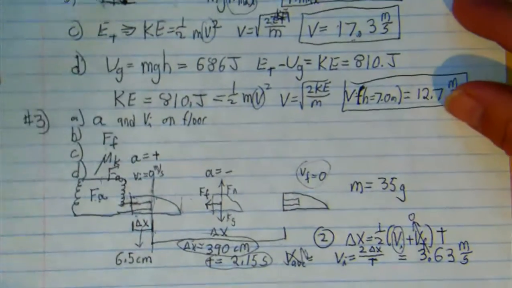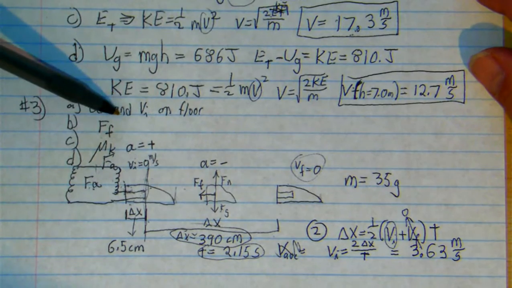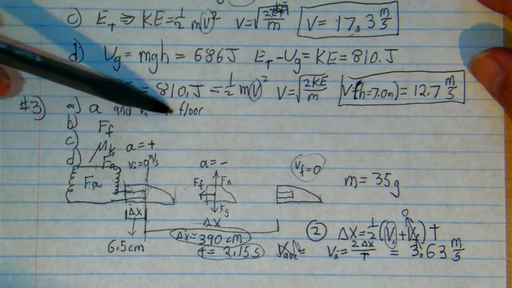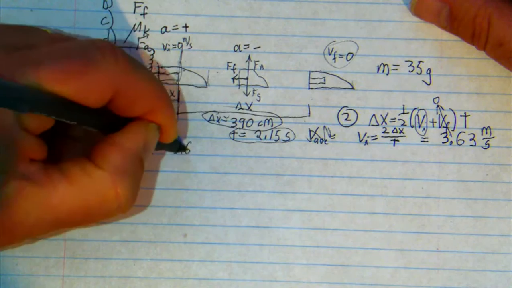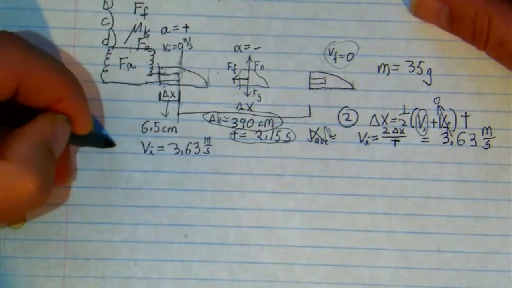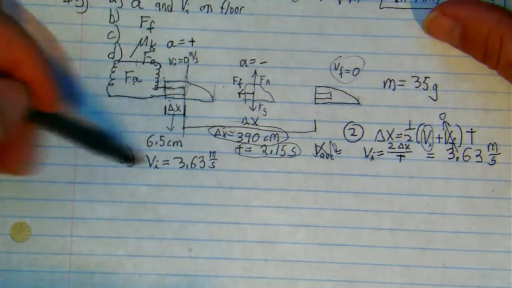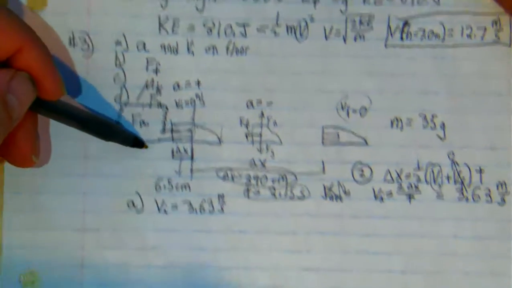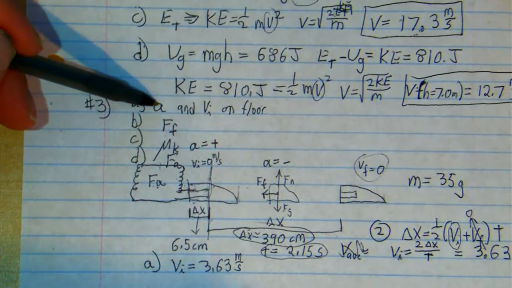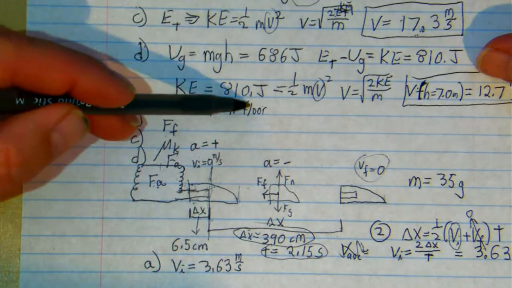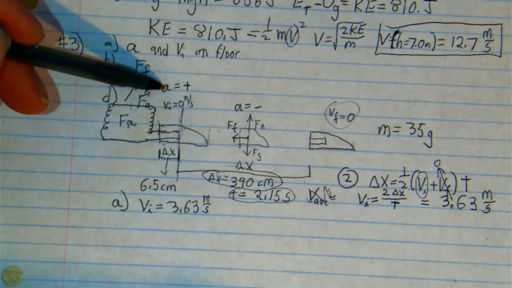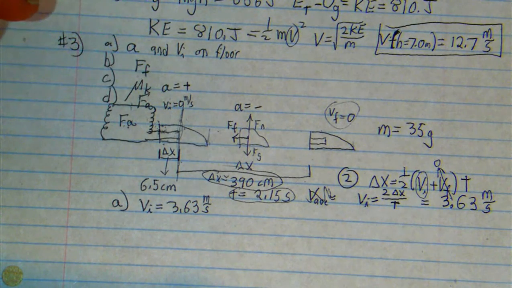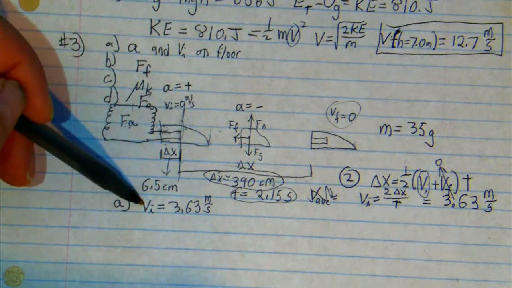That is part of part A. In part A, the question was posed, what was the initial velocity of the slider car on the floor? We now have that answer. The initial velocity of the slider car on the floor was 3.63 meters per second, and so that's part of what we're after in part A. But in addition, part A asks, what was the acceleration of the car on the floor? In reality, you could not solve that one until after you got the initial velocity,